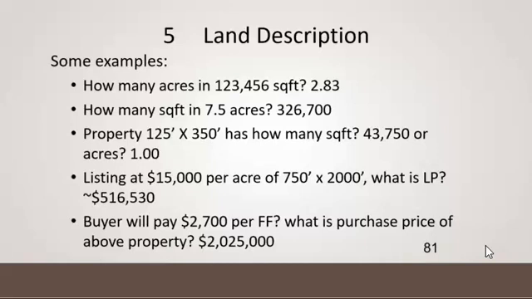If there is 43,560 square feet in 1 acre, I need to figure how many of those fit into 123,456. So you would take the 123,456